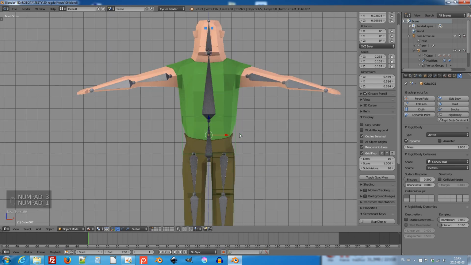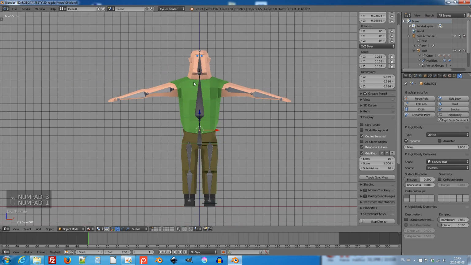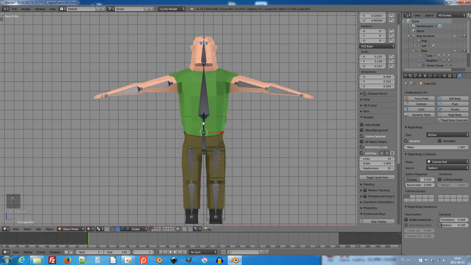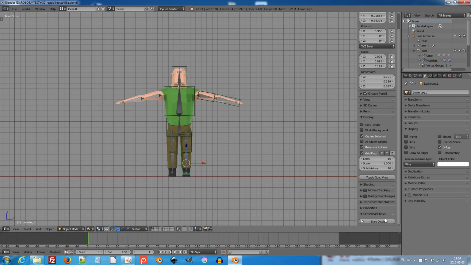Okay, and I must do the same for the rest of the bones, and I think that I can stop recording and be back when I finish. Okay, I am back again, and as you see, now we have boxes, but not on the right side.